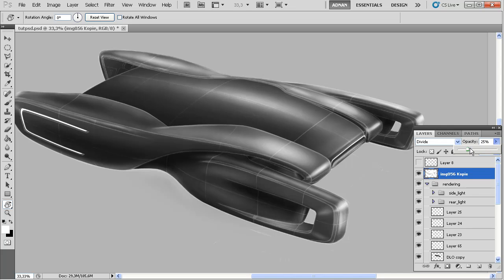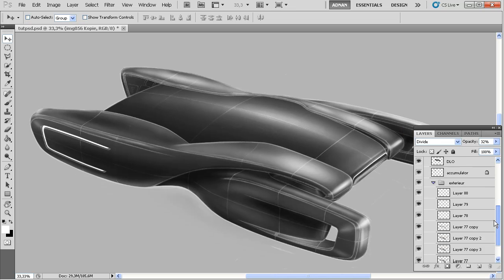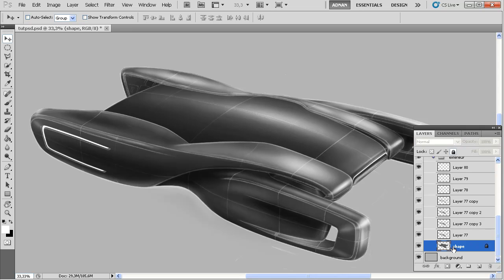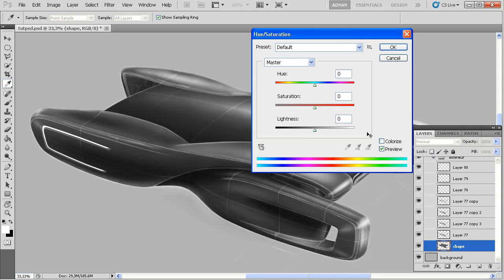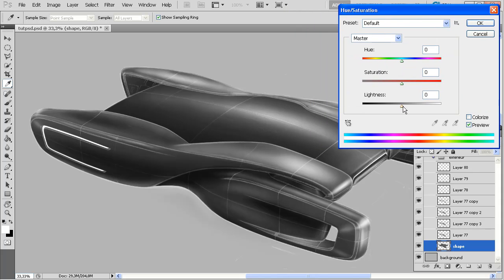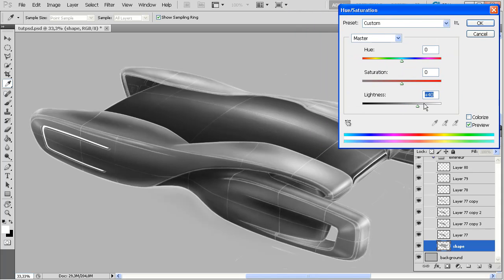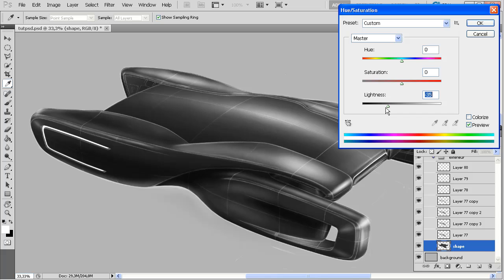So let's pull it up a little bit to, let's say 32, and we can always come back and adjust it. Okay, so like this, and let's see what we can actually do with this shape. So if I hit Control U, oops, I have to unlock it. And let's see what happens if we make it brighter. Okay, so we can say we have a bright vehicle, or we can make it dark, really. It depends on your wish,